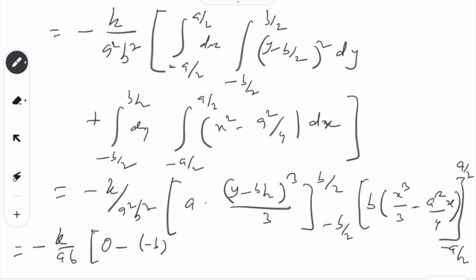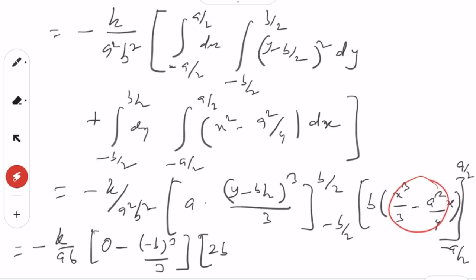Minus b cube over 3, and in this case we get... okay, so both of them will be just multiplied by 2, because this is an even function and this is an odd function. So we multiply by 2 times b times the value of a over 2, that's it, so we get multiplied by